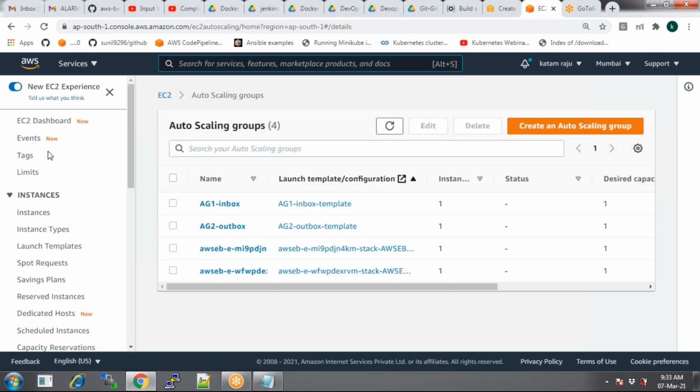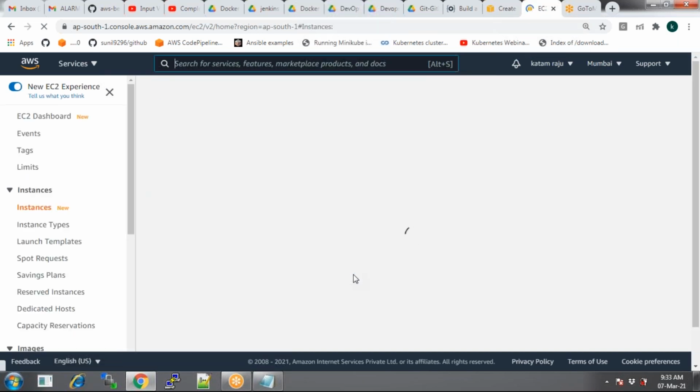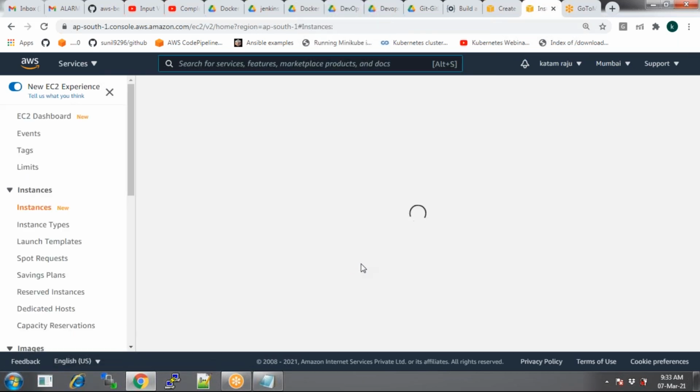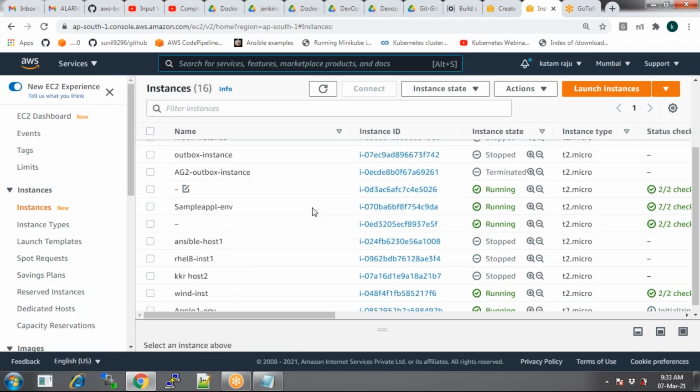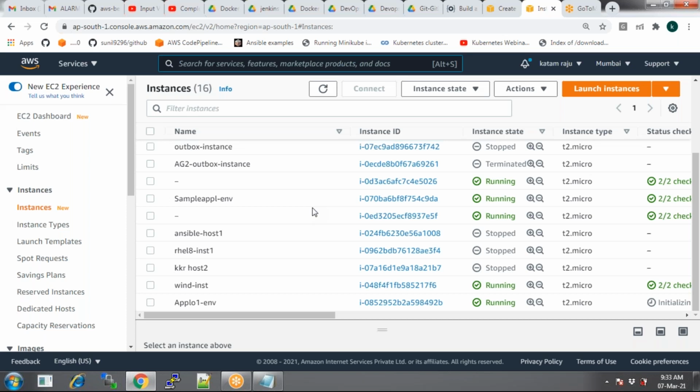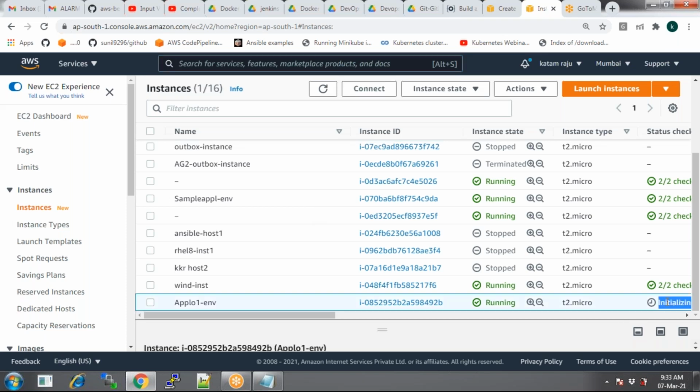Now check the EC2, check the instances. So application one something. What was the name? Yeah, there it is. It is initializing, but there is application 1 in 1.